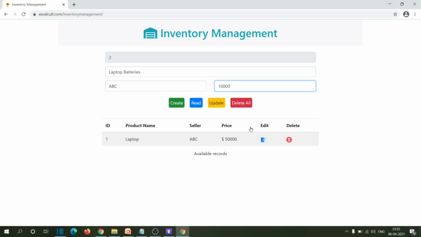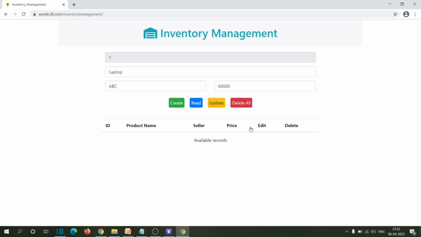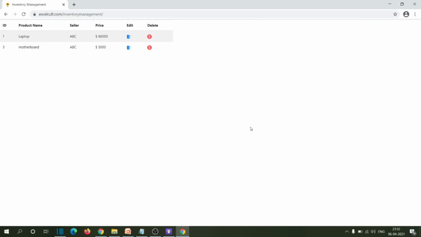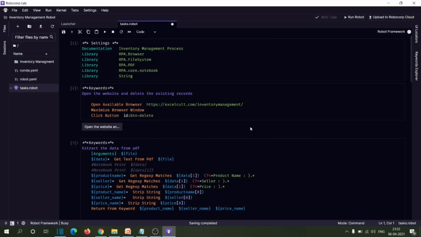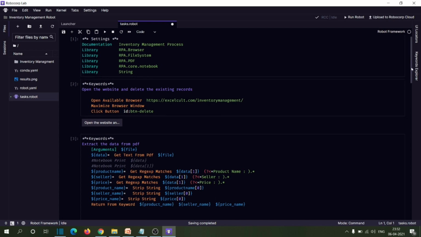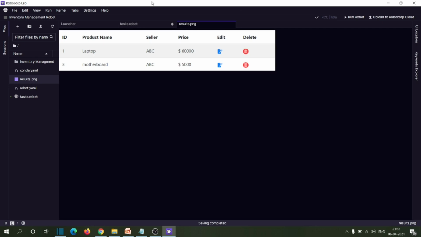You can see it has successfully inserted one record. After inserting the record, it goes to update the record, and after that it will delete the record, and after that it will take the screenshot of the existing records. Since I had provided a delay in the screenshot process, you are able to see the screenshot taking process accurately. You can see it has taken the screenshot and saved it in the result.png file.